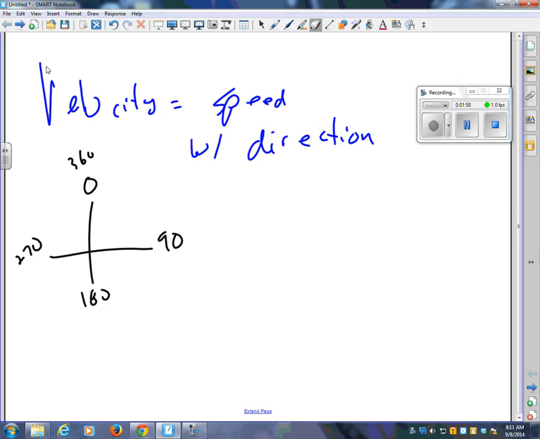So here's a couple quick questions. The speedometer of a car moving northward reads 60 kilometers per hour. It passed another car that travels southward at 60 kilometers an hour. Do both cars have the same speed? And the answer is yes, they do, because they're both traveling at 60. Do both cars have the same velocity? No, why not? Different directions. In fact, you might say that one would be plus 60 and the other one would actually be minus 60,